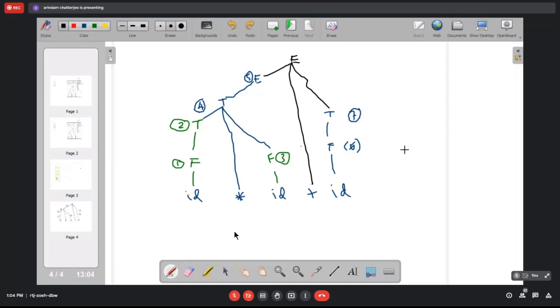Okay, so E producing E plus T. So this is the 8th reduction rule.